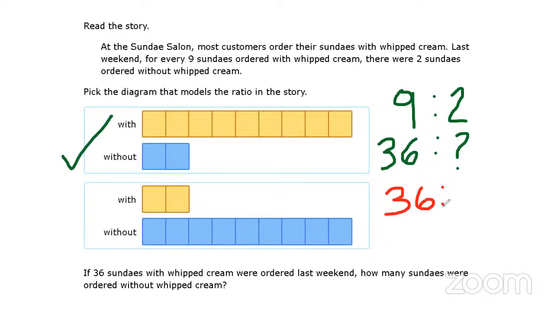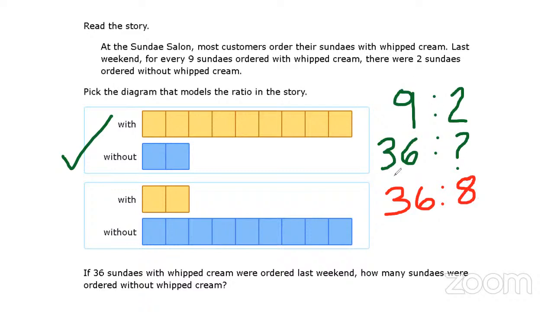Need to see that relationship in the chat. Let me see the relationship in the chat now. All right, 36 divided by 9 is 4, times 2, which is 8. Very good. So the first thing we need to do here is see how many equal